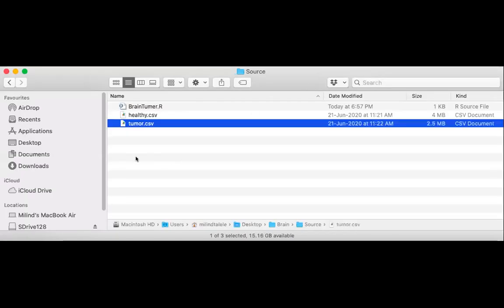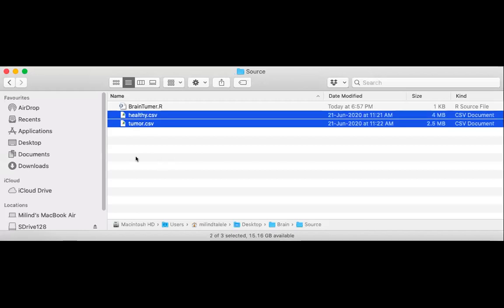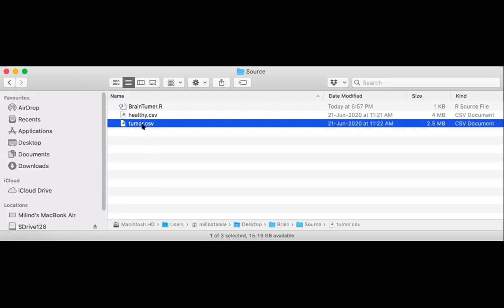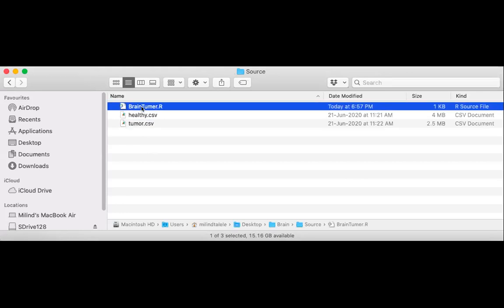These are two CSV files, which are our data sets. healthy.csv is the CSV file created from the healthy brain of the human, which will be our training data, and tumor.csv is the file created from the person who has the tumor in the brain, so that will be our testing data set. And brain tumor will be our class, which we are going to write in R Studio.